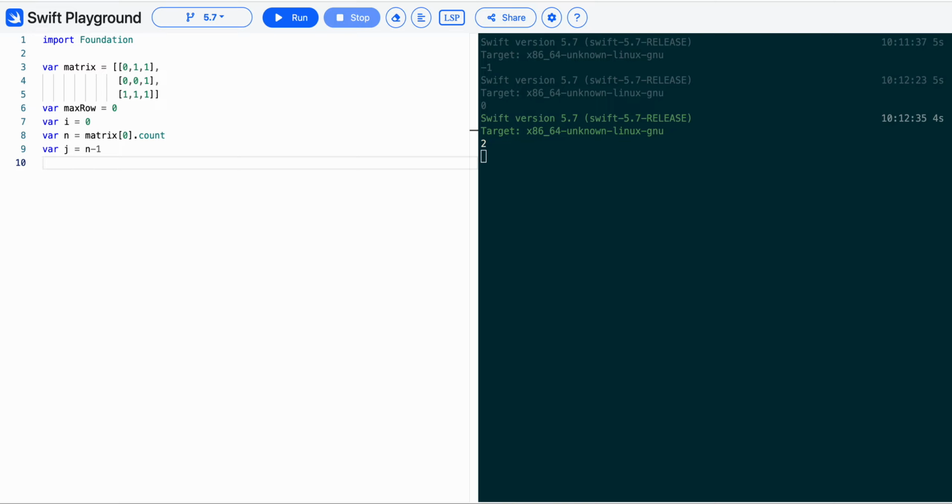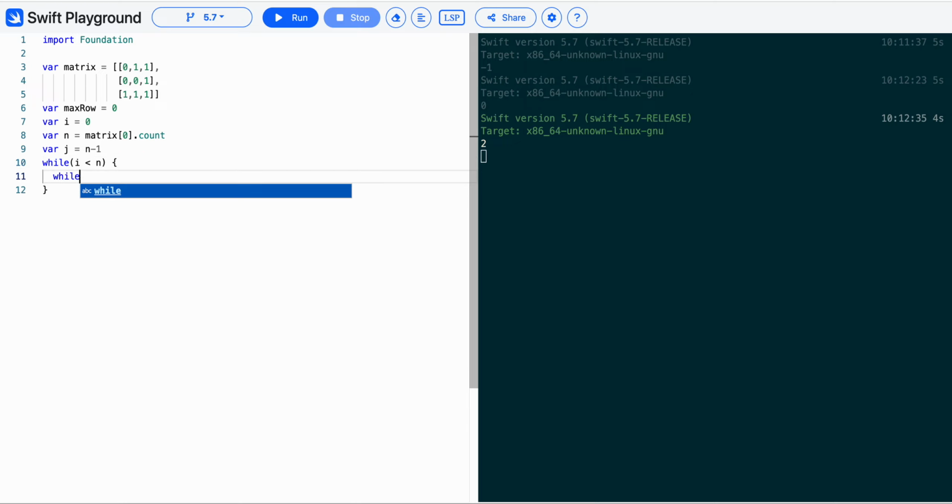Then we'll run a while loop. That while loop will be i is less than n. Now while j is greater than or equal to 0 and matrix[i][j] is equal to 1,